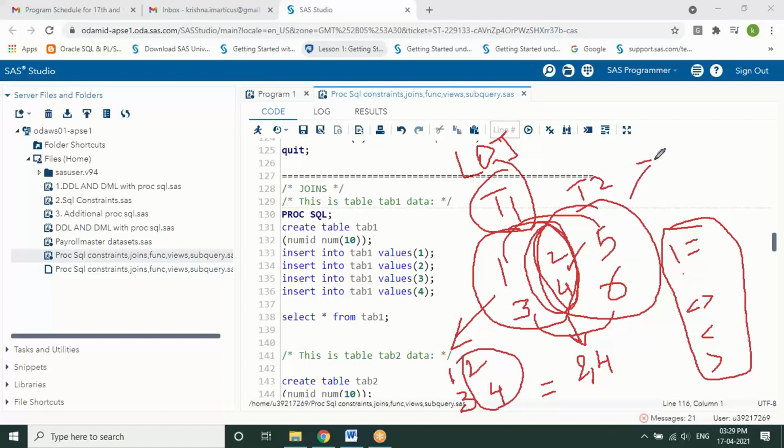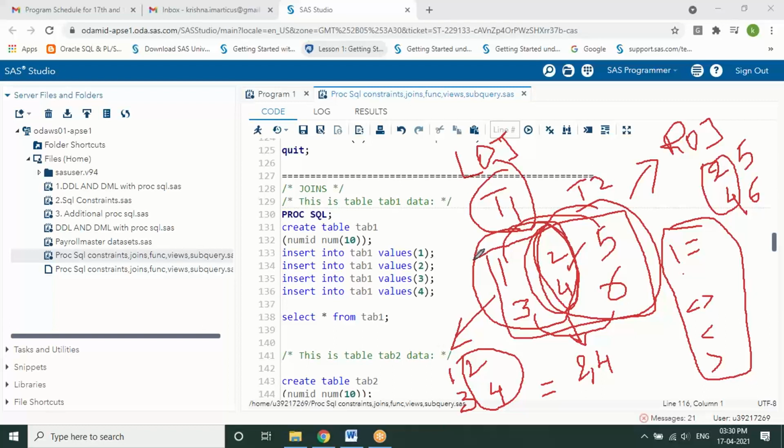But when I say right outer join, the entire right table will be displayed with the left common values, that is 2, 4, 5, 6, where 2 and 4 are the common values from the left table. But if we say a full outer join, the entire values from both the tables, whether repeated, duplicated, equal or non-equal or any other values, get displayed to us.